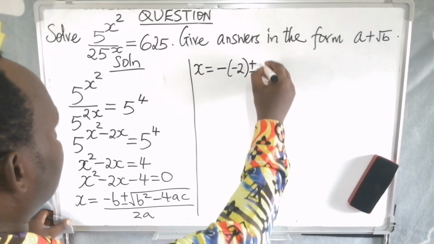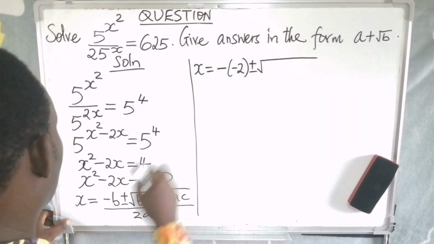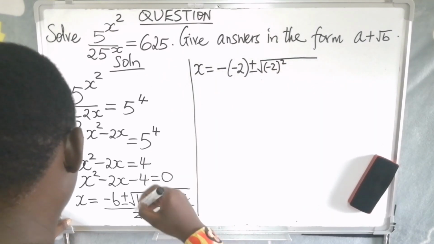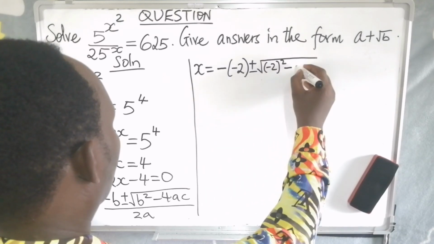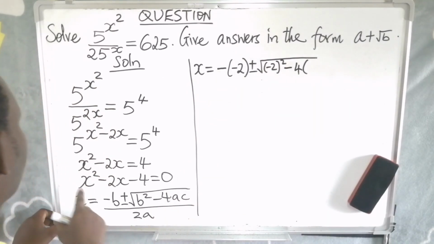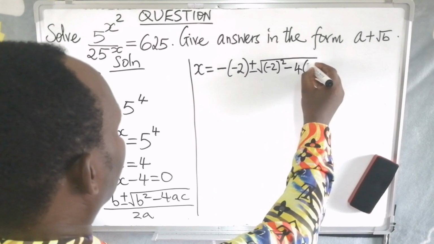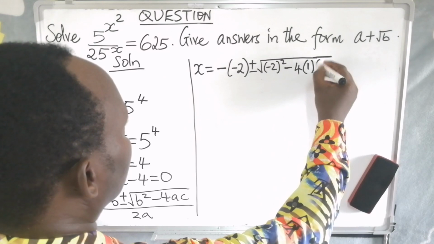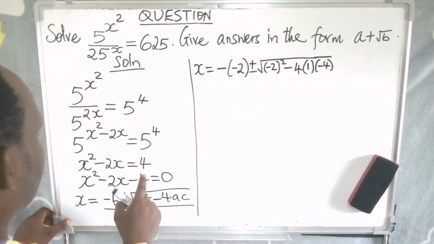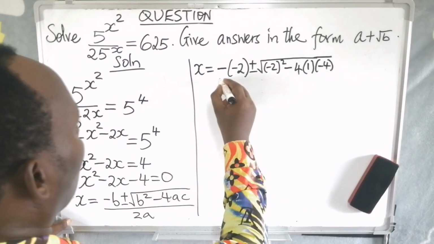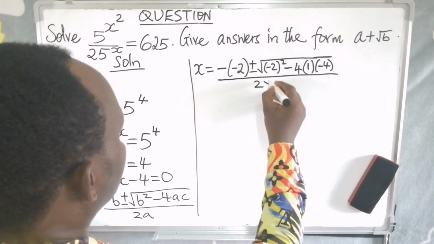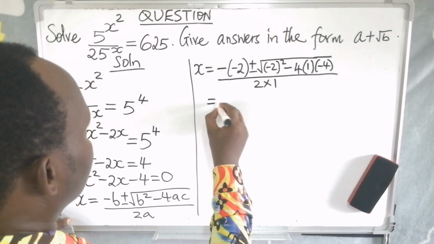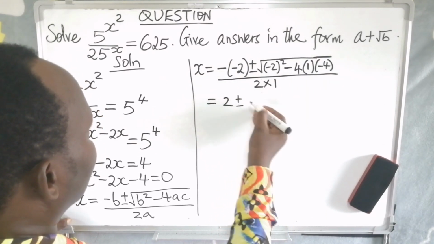Then plus or minus the square root of b squared, again b is negative 2, so we square negative 2, minus 4 times a, the coefficient of x squared here is 1, so that is our a, times the value of c, which is negative 4. Negative 4 here is our value of c, all over 2 times a, which is 1. And that gives us 2 plus or minus